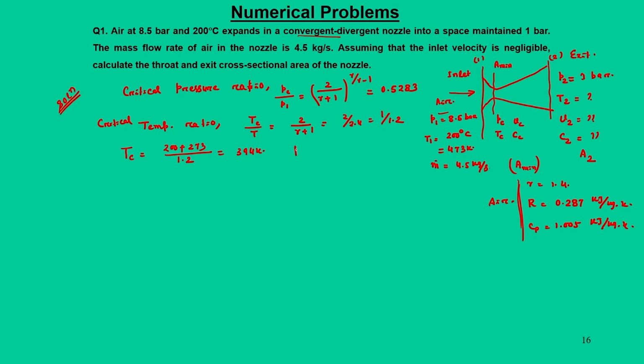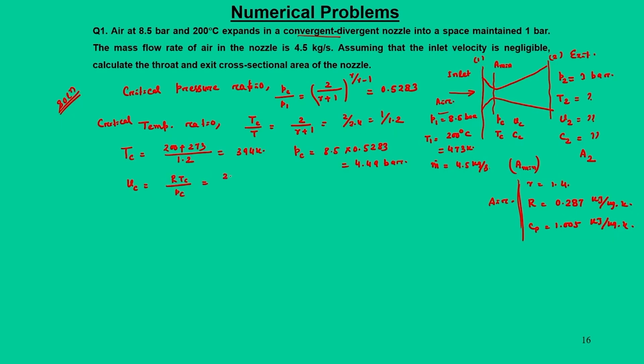We also have Pc equal to 8.5 into 0.5283, so this is equal to 4.49 bar. Then from Pc and Tc we can find the specific volume,